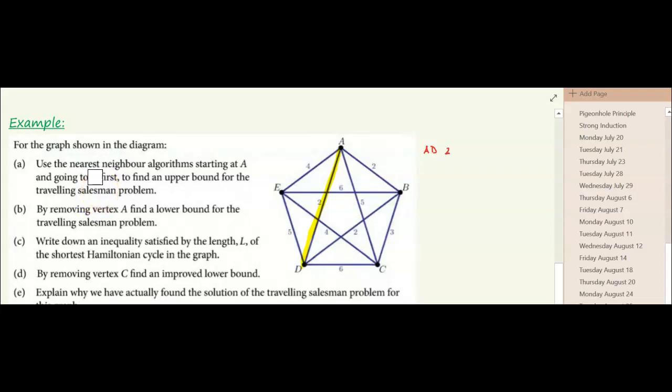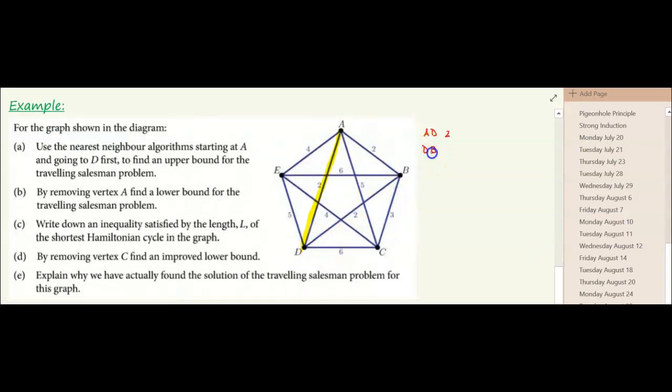Okay, from D, I now go to my neighbouring vertex of shortest length. I can either go to E, which is 5, C, which is 6, or B, which is 2. So obviously I'm going to go to B, which is 2. I'm just going to head across to B like so, and I keep doing this until I have visited every vertex. Okay, so from B, I can't go to A, I've already visited A, I can't go to D,